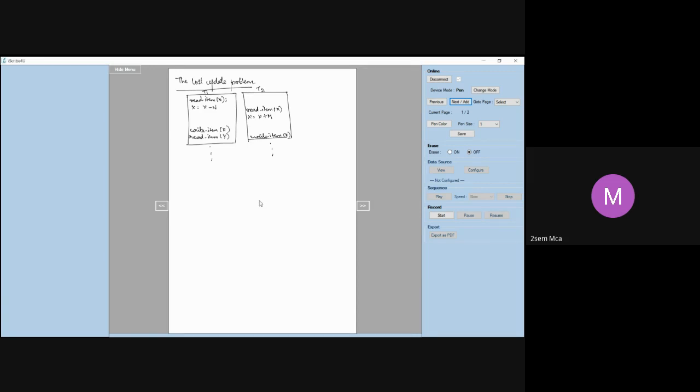Okay. So what I was doing here, first, in this case, the lost update problem means something that is getting updated is actually lost. Let me take X here. The value of X is, let us say, 80.